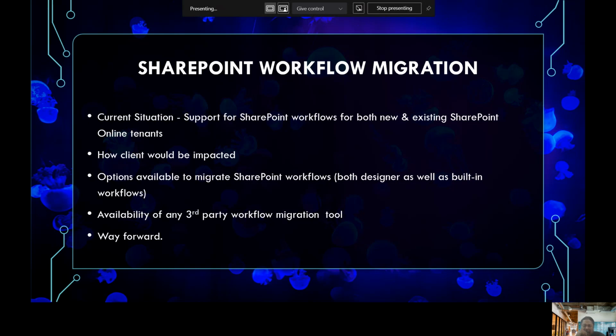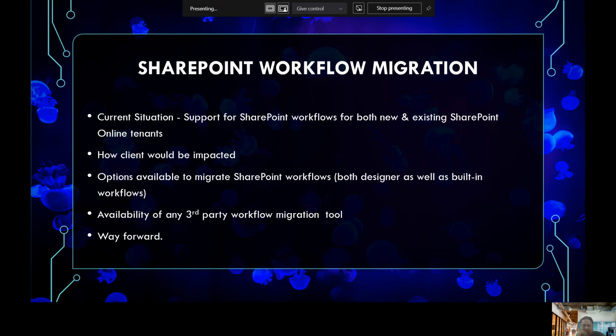Therefore, the immediate impact is on both SharePoint 2010 Designer workflows as well as on the built-in SharePoint workflows. When I say built-in SharePoint workflows, I'm specifically talking about 5 out-of-the-box workflows, which are approval workflows, collect feedback workflows, collect signature workflows, publishing approval workflows, as well as the three-state workflows.